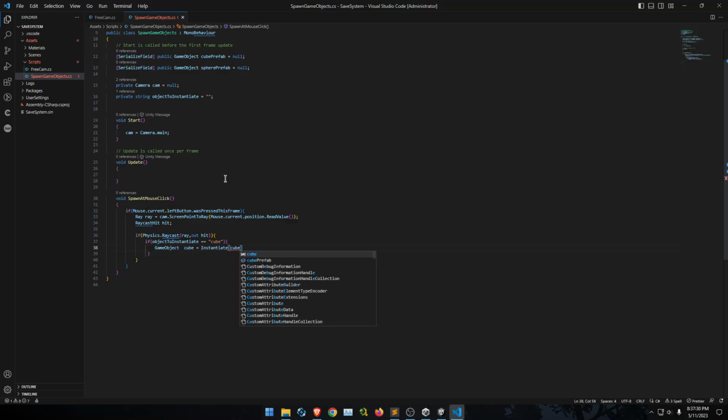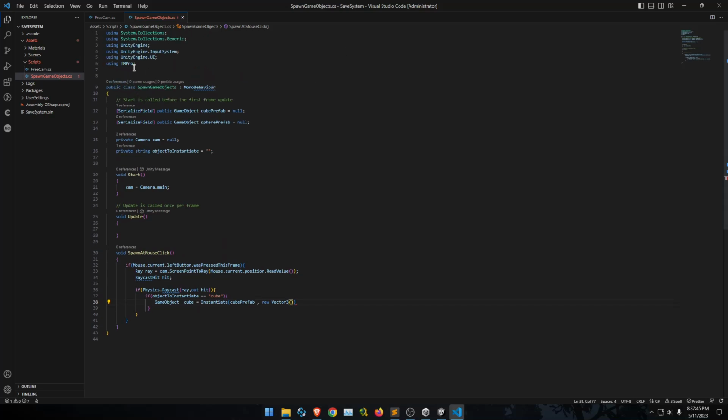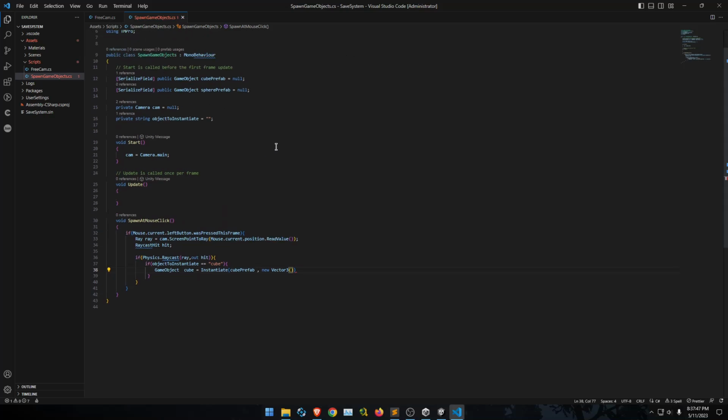Instantiate, so cube prefab, and we're going to instantiate using new Vector3. Okay, it did not import, that's good. Sometimes it's going to import the numeric, that is going to throw an error, so you want to watch out for that. And hit.point.x, and then we're going to have the hit.point.y,